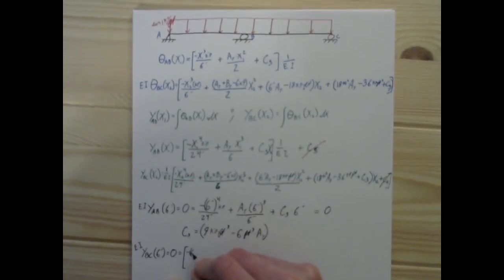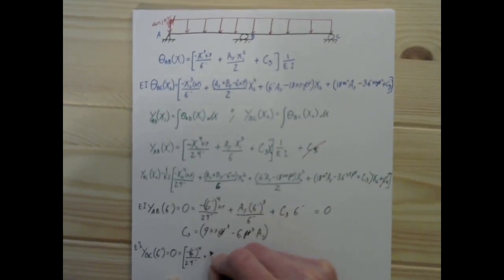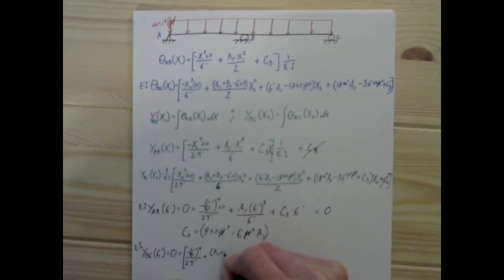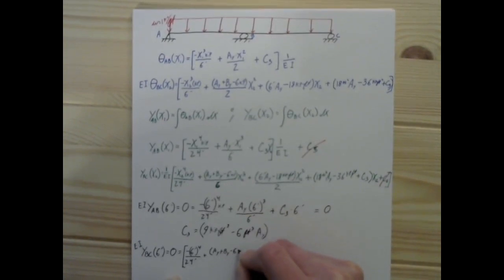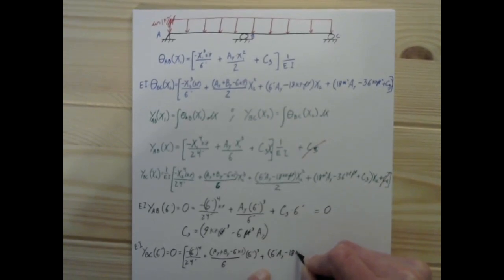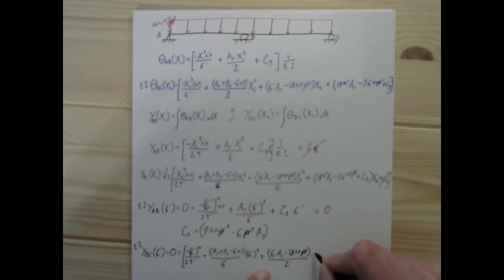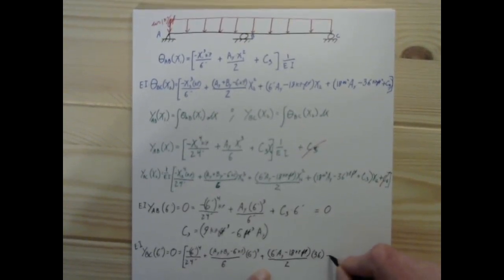Negative 6 feet to the 4th over 24 feet, plus AY plus BY minus 6 kips, divided by 6, times 6 feet cubed, plus 6 feet times AY minus 18 kip feet, divided by 2, times 36, plus